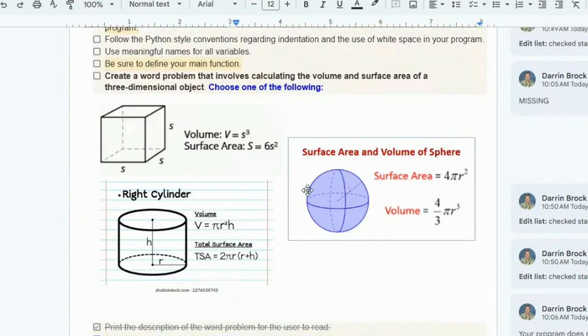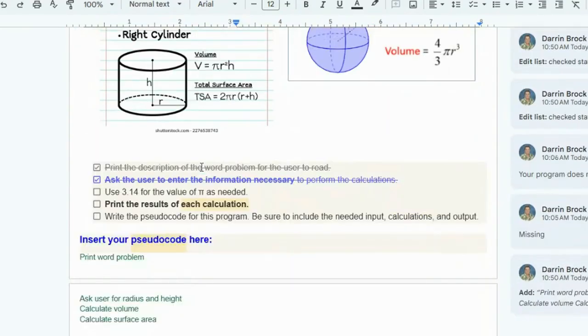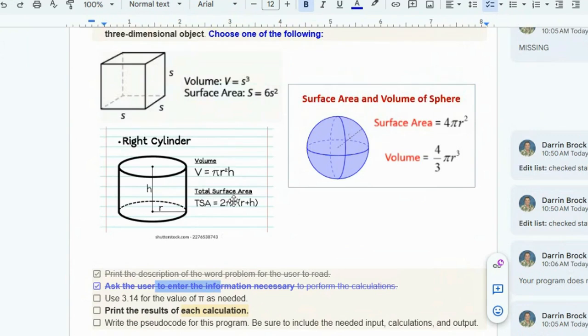But let's see. You missed a lot of things there just because your program is mostly print statements. Although you got a good start. This one you actually got a good start. You did have the word problem. You did ask the user to enter all that. You just stopped right there. You didn't do any of these calculations. You didn't use anything that the person typed. So you had part of it. All right, let's look at the third program.